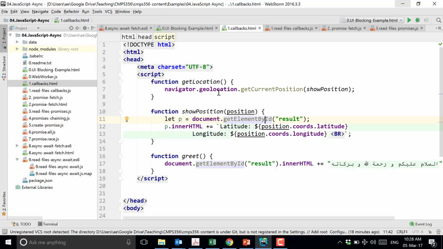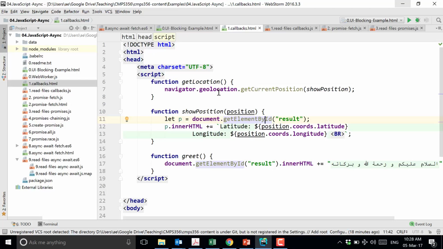Yes? So have a look at this example. So this is an asynchronous function. When I call it, I give it another function. What's the name of this function? ShowPosition. What does it receive? The position. This is the coordinates, basically the latitude and longitude. And I'll take this position and display it on the page. So basically, how this works, I call this function, get current position, and what do I pass to it as a parameter? Another function. What do we call this function I pass? It's called a callback function.